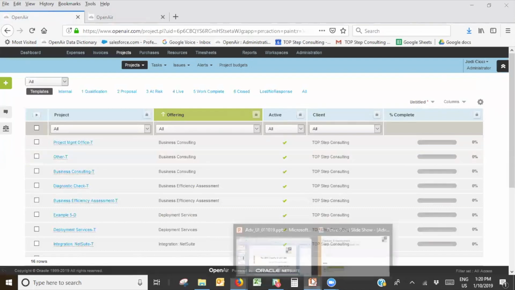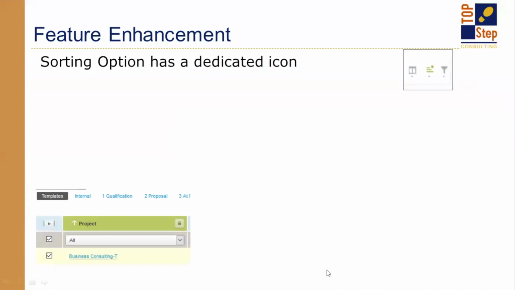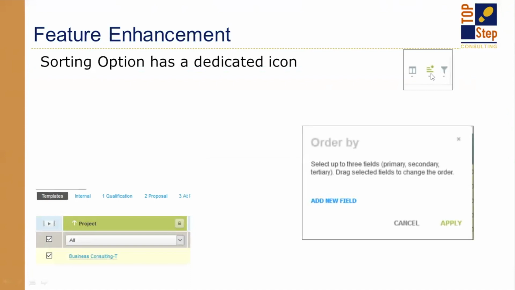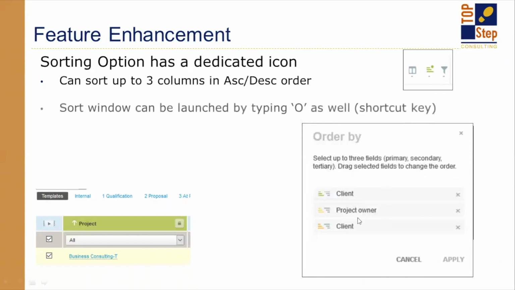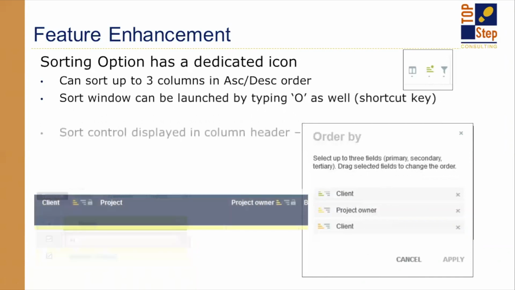What I think is a very good enhancement with the UI4 is that you get a new sort icon over here. When you click on the sort icon, it comes up and it says, what field do you want to sort by? And you can select up to 3 columns. And those columns can be independently ascending or descending, and they're in order. So primary, secondary, tertiary, very similar to what you probably do when you download the data and do it in Excel. Okay, because you want to sort it different ways, right? So you can actually select up to 3 fields. The sort ascending or descending is an option that you can set,